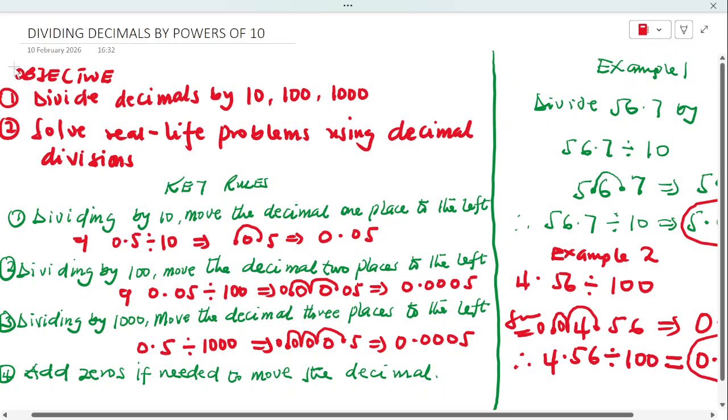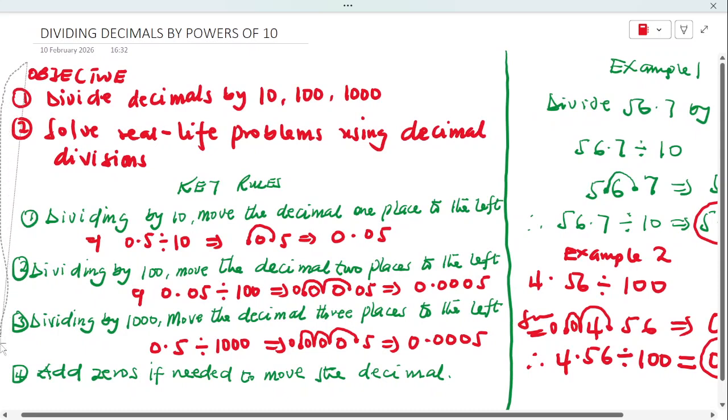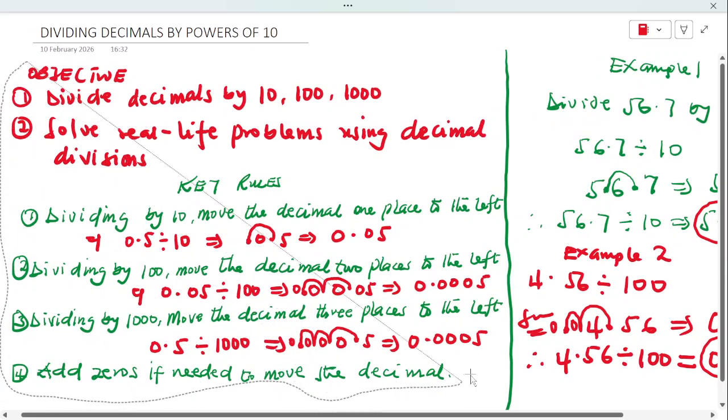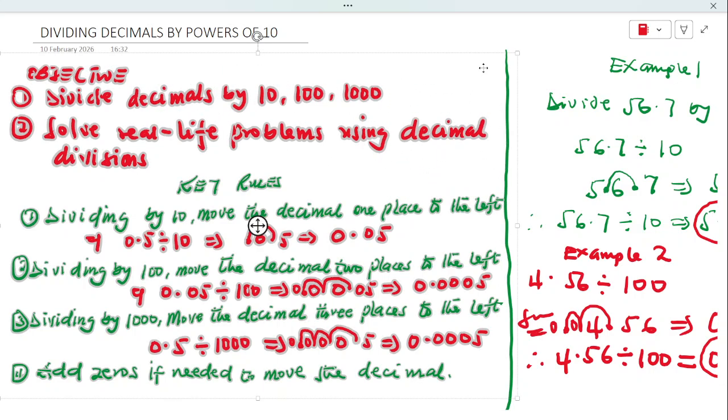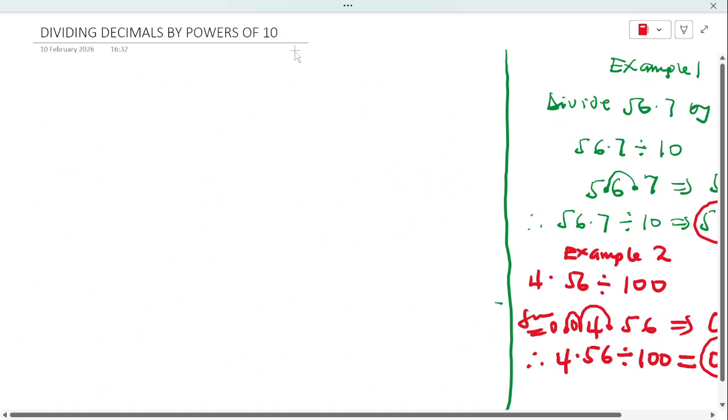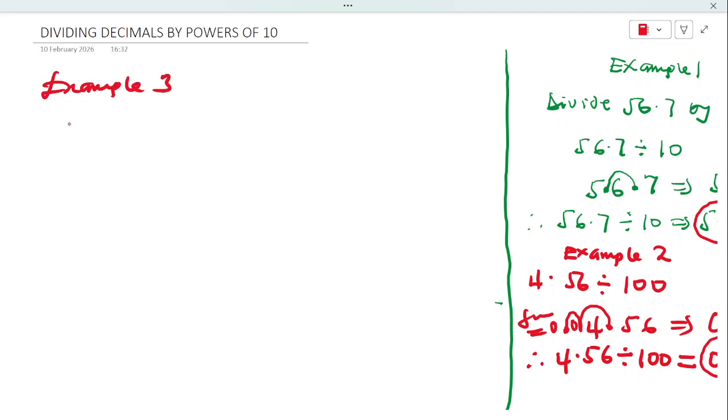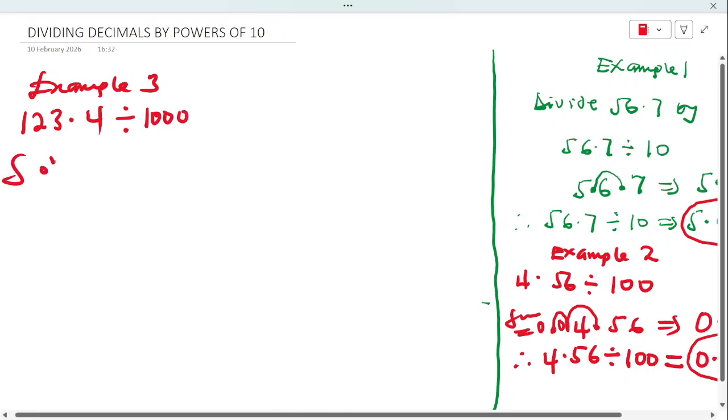So example number 3, as we move to solving by 1,000, we have example number 3. So it says divide 123.4 divided by what? 1,000. Divided by 1,000. So solution,